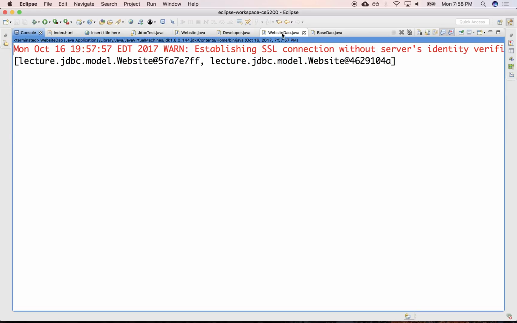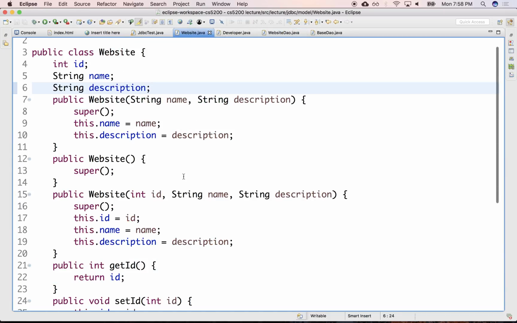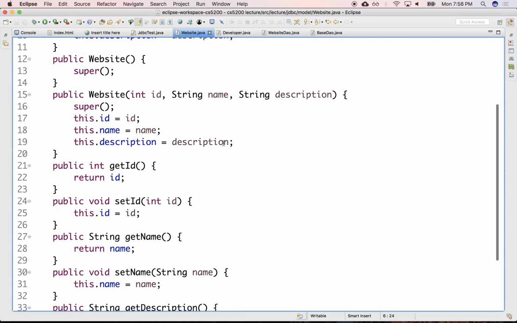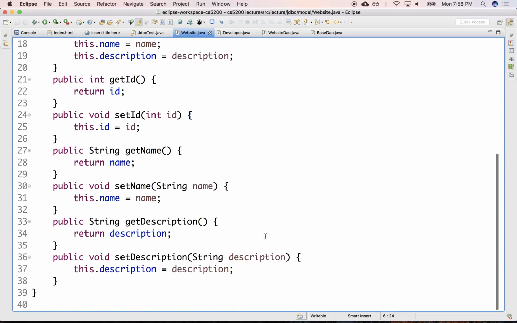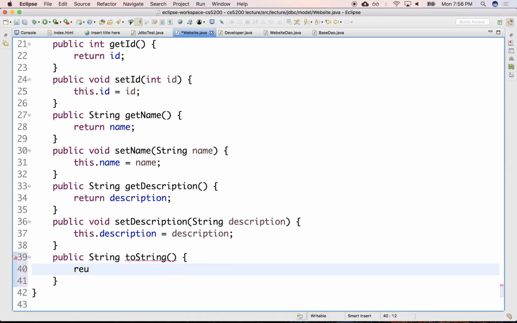We can improve that just a little bit. If we go to website and we tell it how to convert instances to strings, what's the string representation of these websites? We can override here the toString representation of a class and say that we'll return maybe the ID, with comma, with the name, comma, and maybe the description. Right, so that's the string representation of an object. So if I run this again,